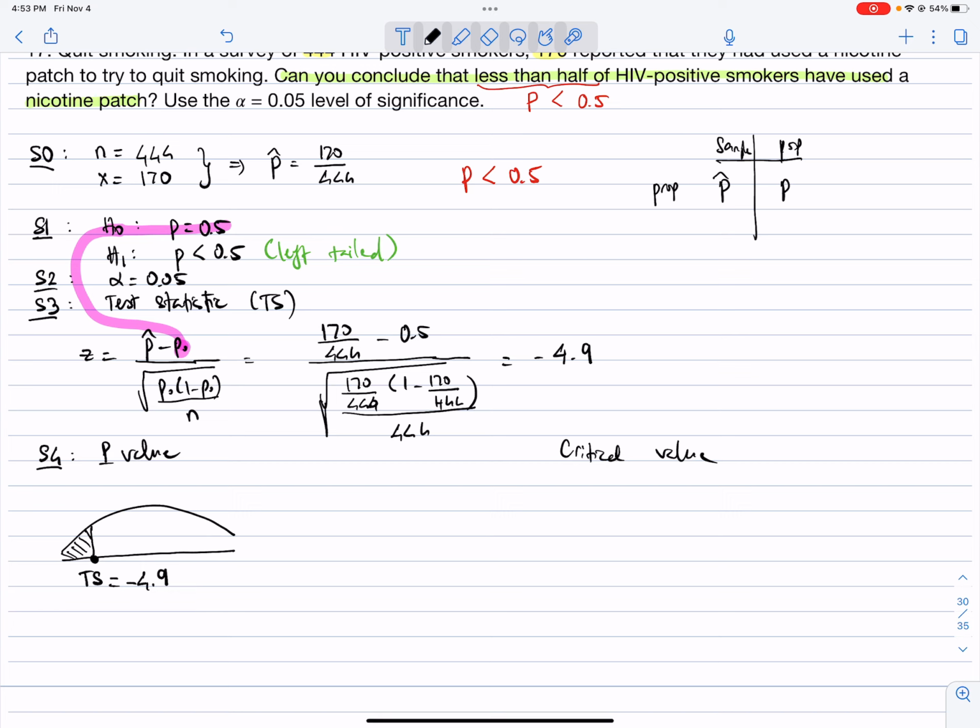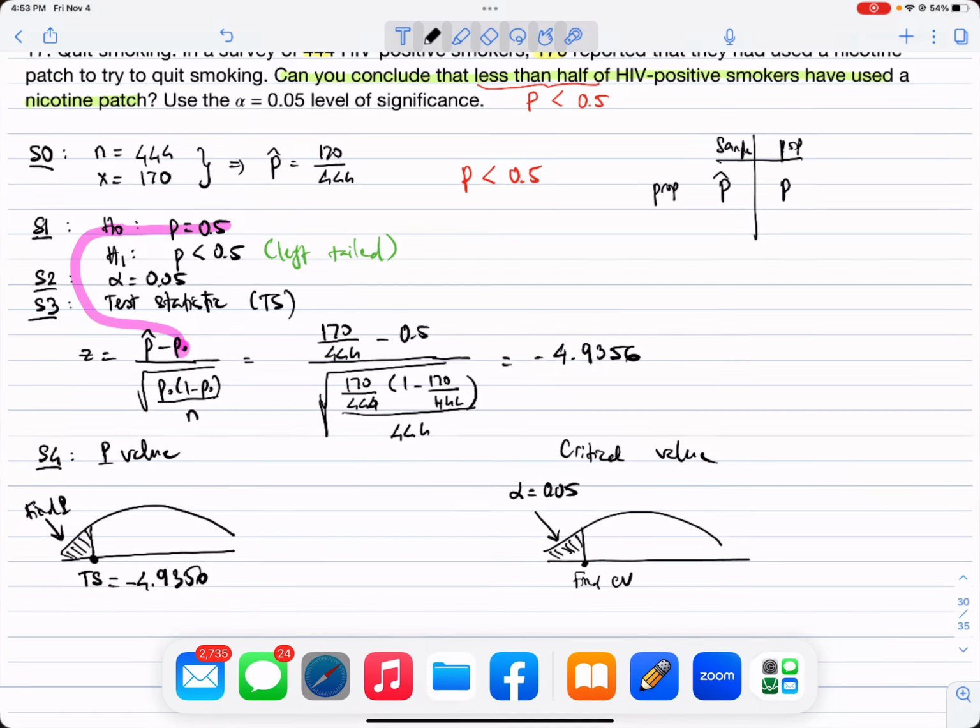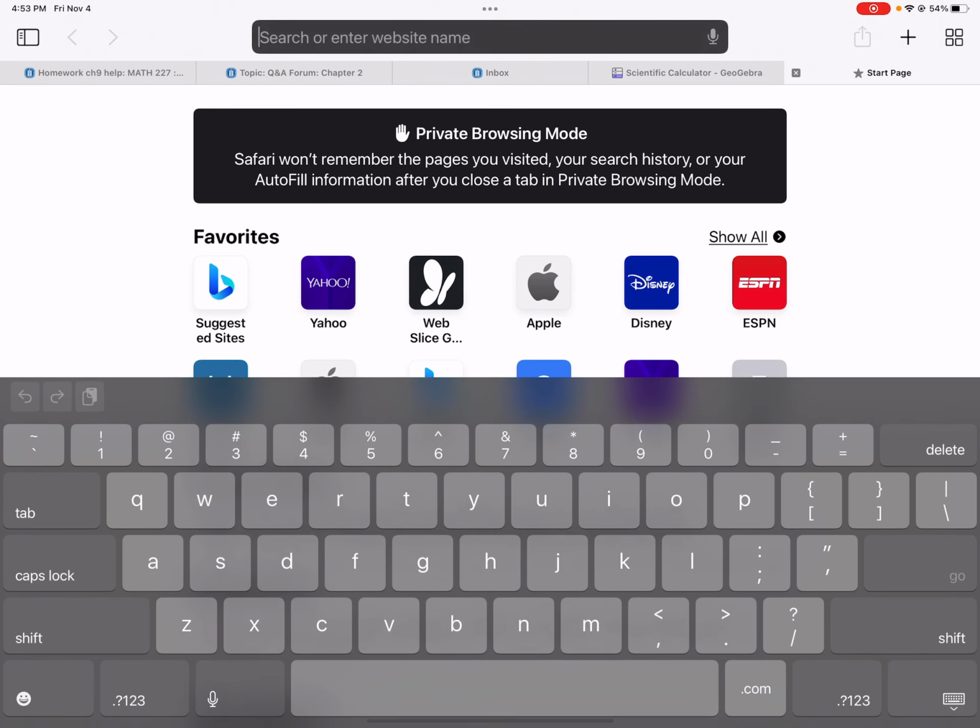If you want to be more exact, then use 4 decimal places. And then we find the p-value. So this is the p-value. For the critical value, we also draw the same picture, and we put in here alpha, which is 0.05. And right here we find the critical value. So now for the p-value, we use the GeoGebra